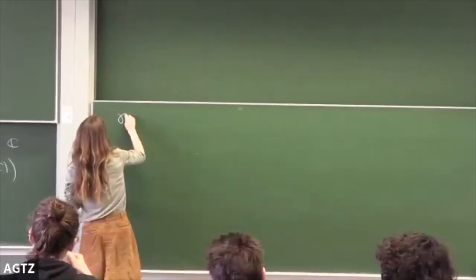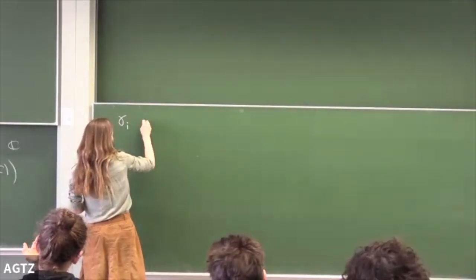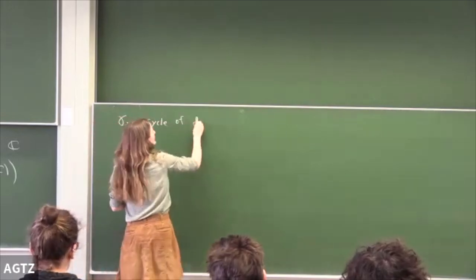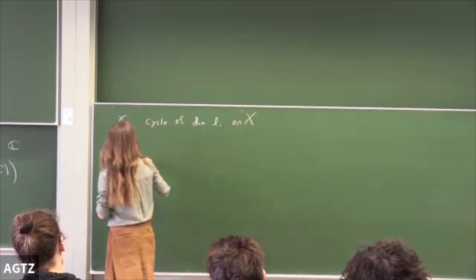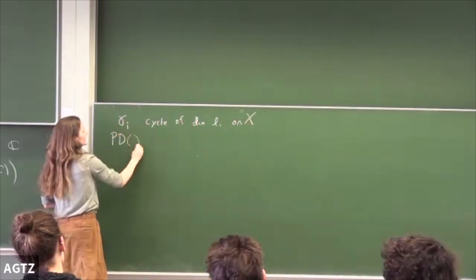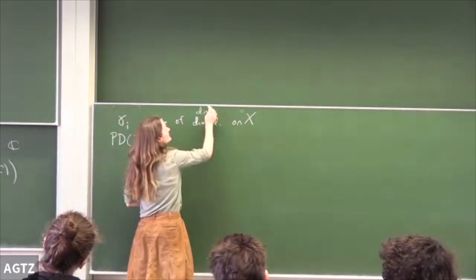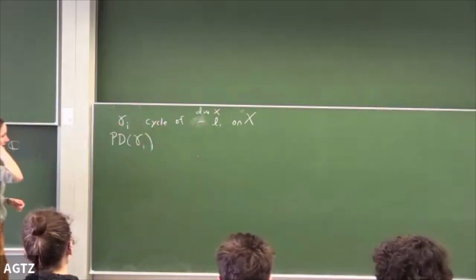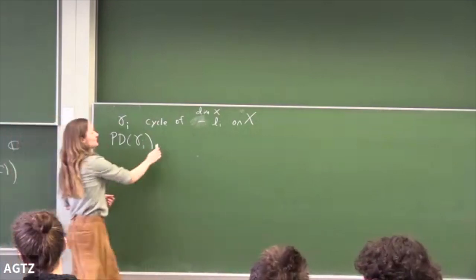So if we have gamma i, a cycle of some dimension li on X, it represents some cohomology class like that of a line. We can take the Poincare dual of, let's actually say it's dimension of X minus li, and then we'll take the Poincare dual of that and view it in cohomology